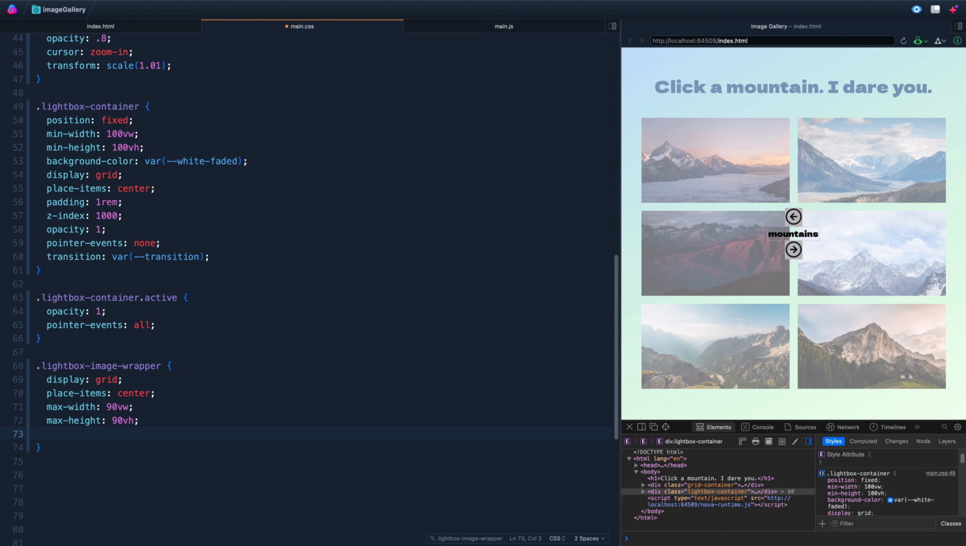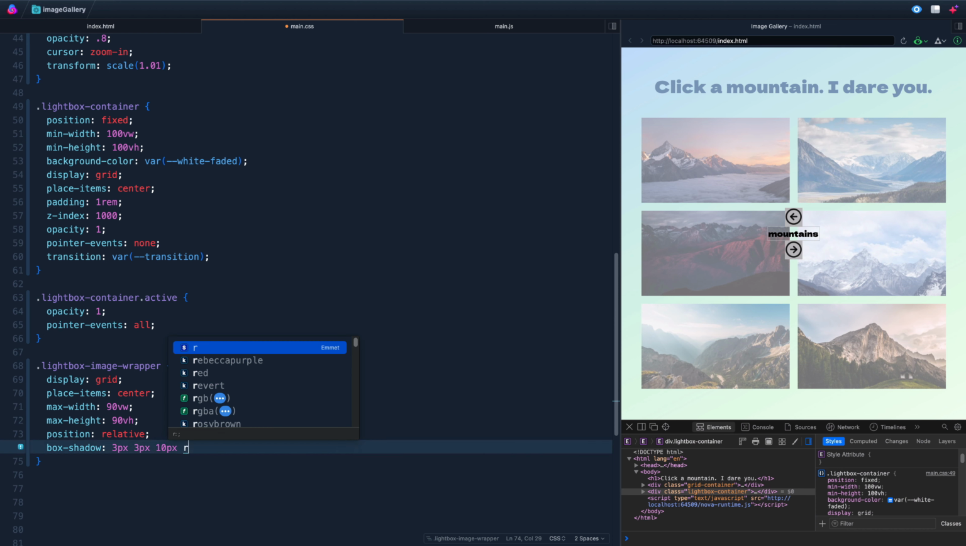All right, next we want to position these buttons with absolute positioning. So in order to keep them inside this image wrapper, we actually need to have here position of relative. And then behind the whole area, we want a box shadow. So let's say box-shadow of 3 pixels, 3 pixels. That's left and right, up and down, and then 10 pixels is the blur. And then let's set